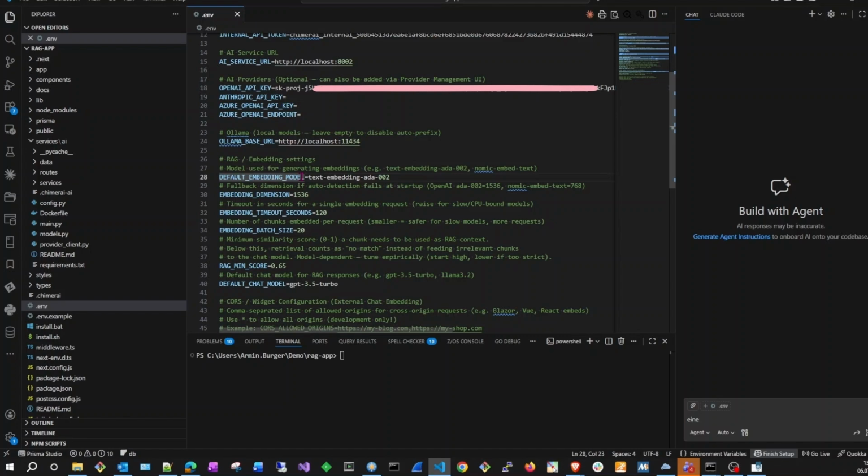If you prefer running everything locally, simply configure the Ollama base URL. Once this value is set, the AI service automatically recognizes that Ollama should be used and adds the correct provider prefix whenever necessary. The next group of settings controls